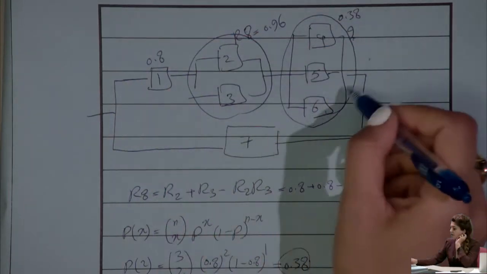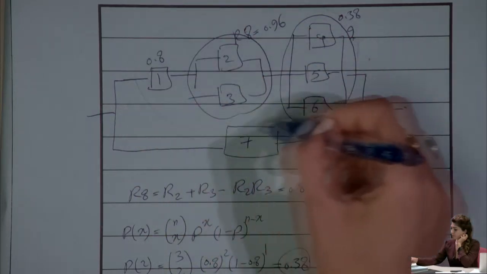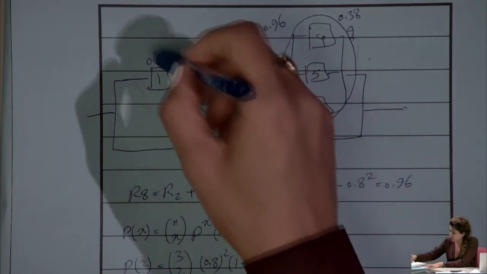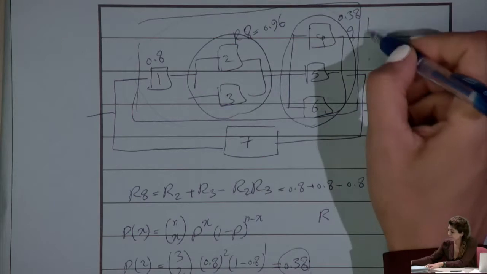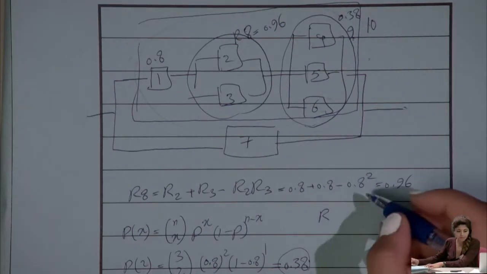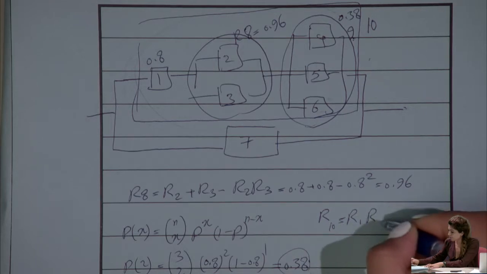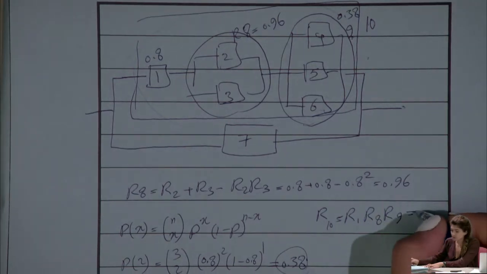Now I can calculate the top part of the graph. What is its reliability? If I call this whole block number 10, then the reliability of 10 is going to be the reliability of 1 multiplied by the reliability of 8 multiplied by the reliability of 9, which is equal to